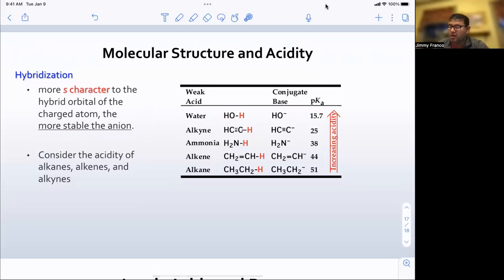Right? So water has a pK of 15. Even though alkynes, right, which have that triple bond, which is going to be that sp, is a pK of 25. So a significant difference. Okay? Here's our triple bond versus our double and our single bond. And so let me actually highlight those so we can come back to these other ones. But if we highlight these,